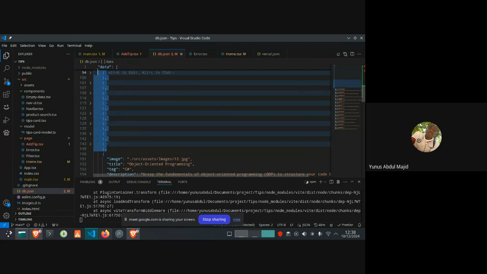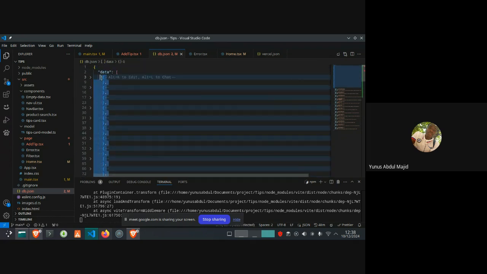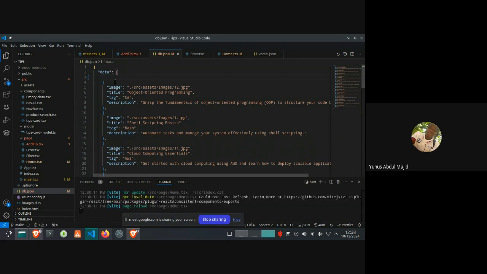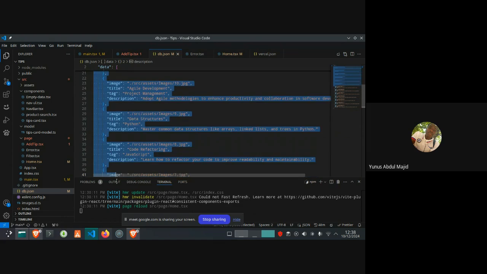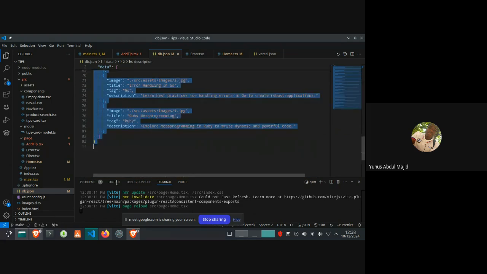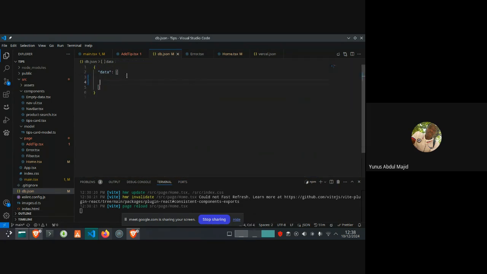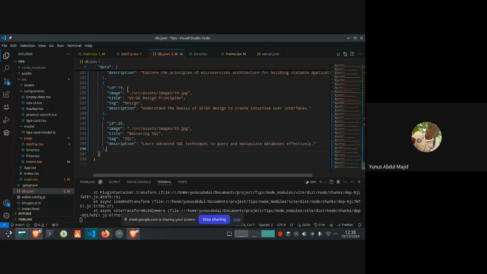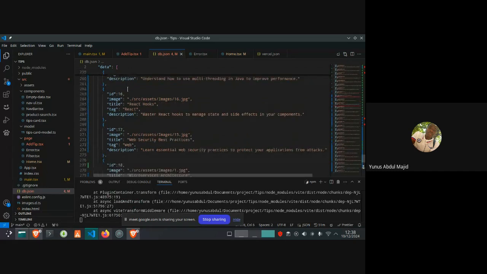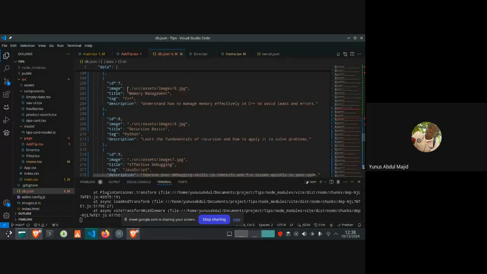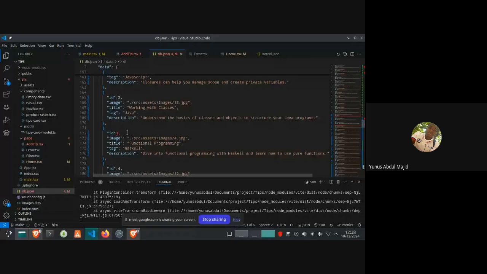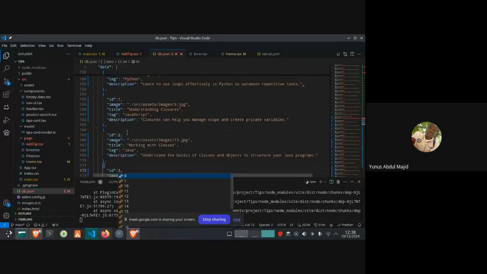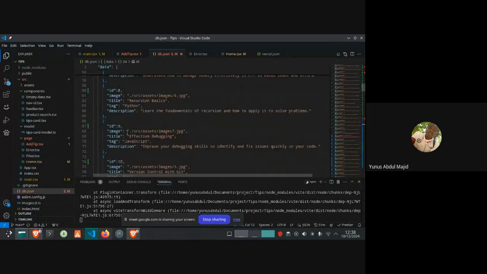So what I'll do is copy this and delete the remaining ones, because it's too long and time is going. So I'll just paste it back here and paste this too. So we have like 40 data.